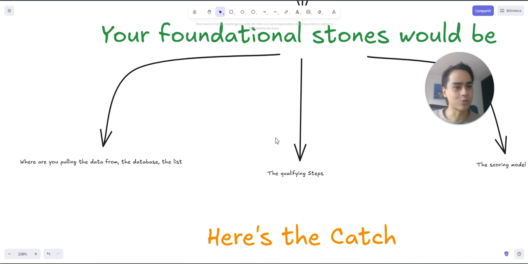When in reality, the best workflows that I know are the ones that are simple, but they understand. They have fundamentals. They have depth. Okay, and that's so cool. Now,